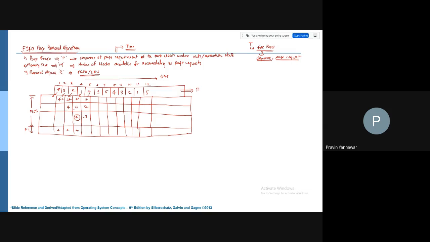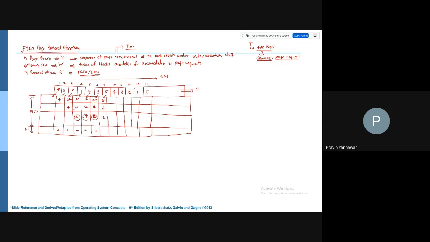Now the page is again immediately required. So I need to take this 3 out of here. Then I'm going to add 4, 1, and 2. Now 3 is being checked against this particular state. Do we have any 3 reference here? No, we don't. So we need to remove this 2 and add 3 here: 3, 4, and 1.